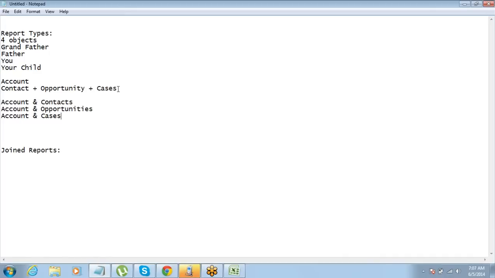Got that? So accounts and contacts, accounts and opportunities, and accounts and cases. These three different hierarchies are there. Alright. Sorry, these three different report types will be required.